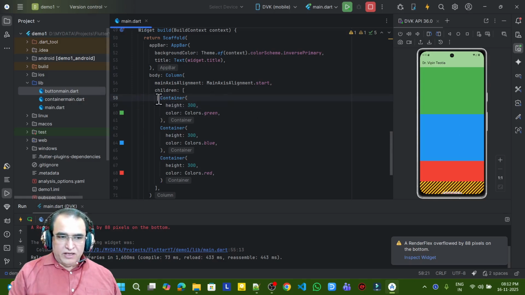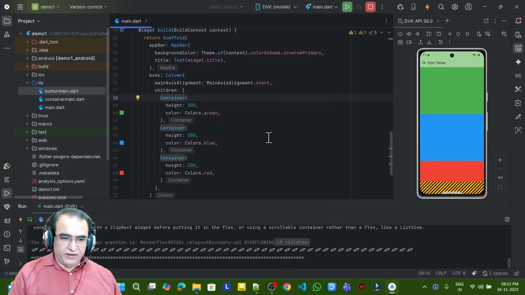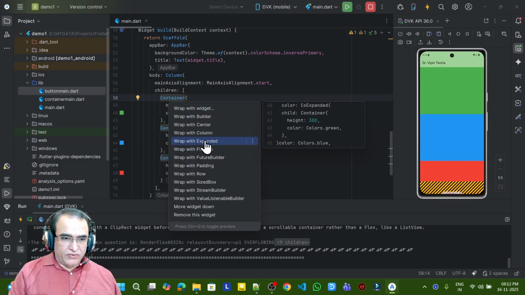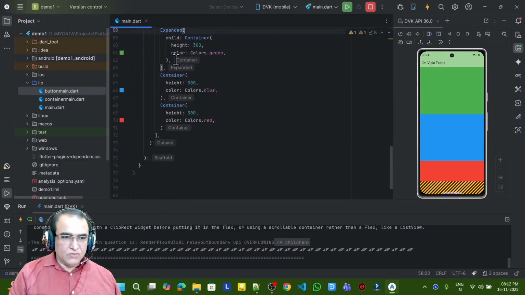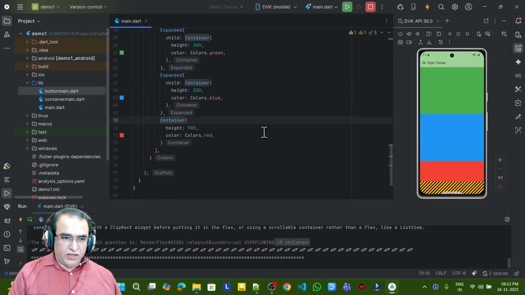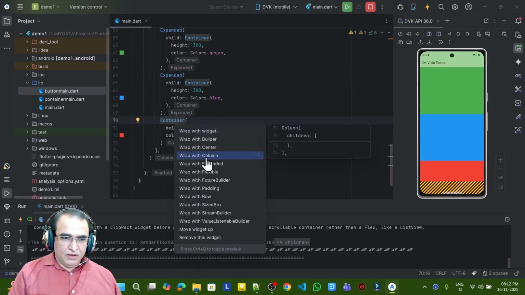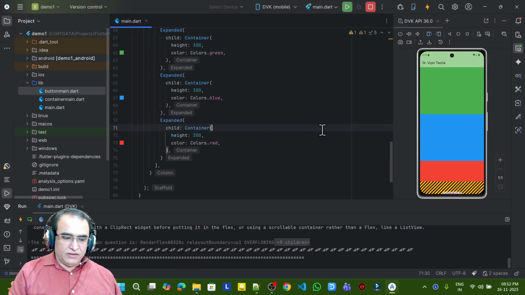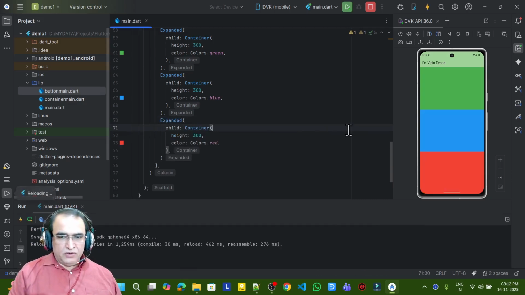For that I can put this particular container under the Expanded widget. I have to click on the container and press Alt+Enter. It will say wrap with Expanded, like this. Same I do for this container: Alt+Enter, wrap with Expanded. Same I do for the third container also, Alt+Enter and wrap with Expanded. Just save and refresh. You will see the screen is automatically divided in equal portions among all these 3